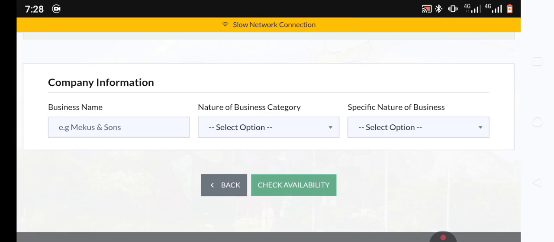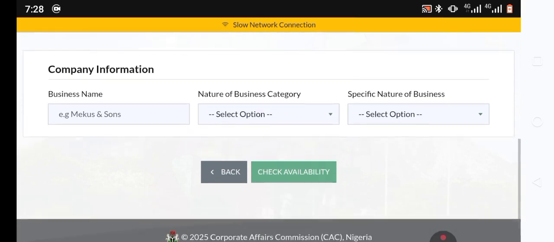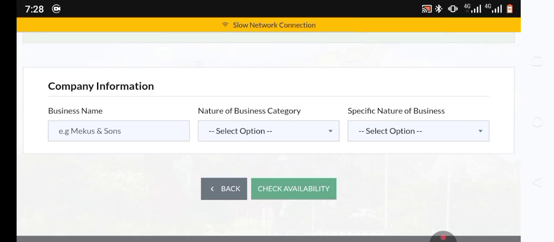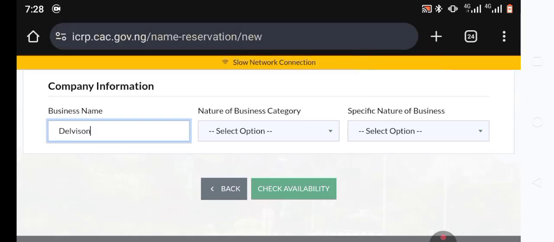Before, it had two sections where you could include two names for submission. But in this case, since AI has been integrated into the CAC system, there is no situation whereby you have to just submit a name and be guessing if it's going to be approved or not. So here we have to input the name. The name is Delphin Tech